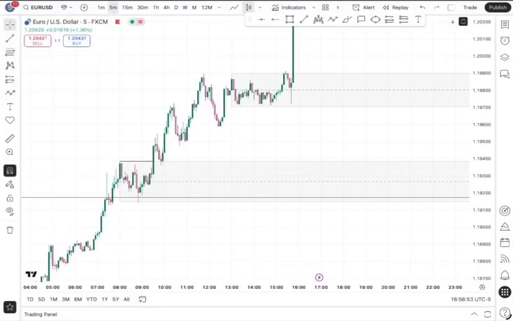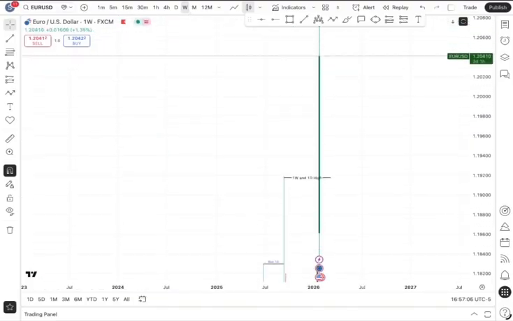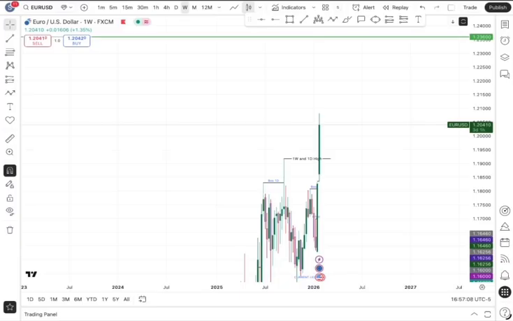So I want to show a setup, a trade that I took today, and I will be showing my setup on how I did that. So first thing, I'm going to start from the weekly. On the weekly chart, I had a 1 week and 1 day high marked out, as you can see,